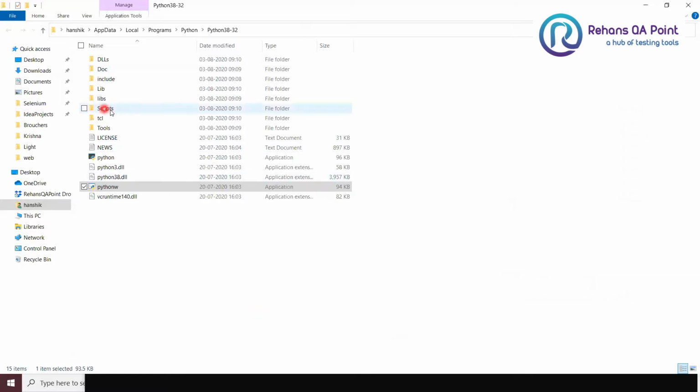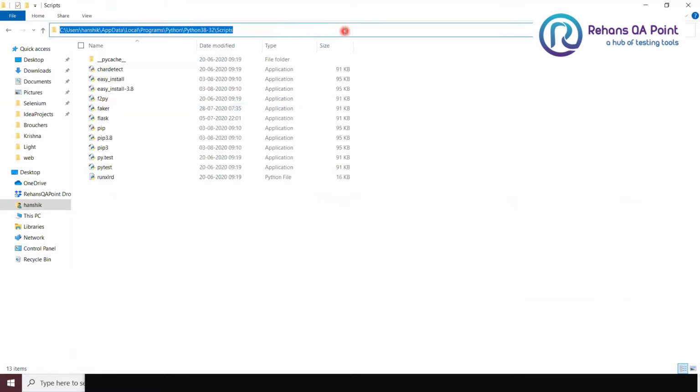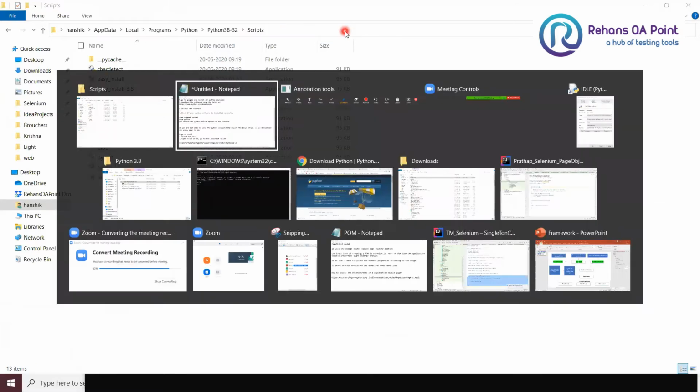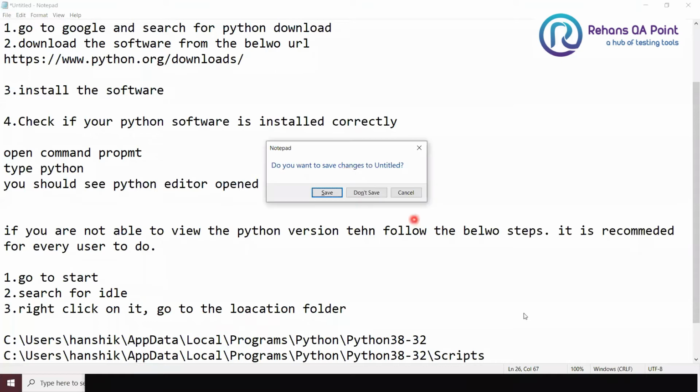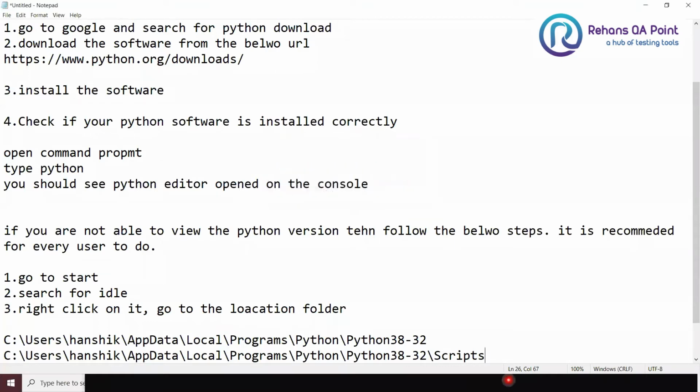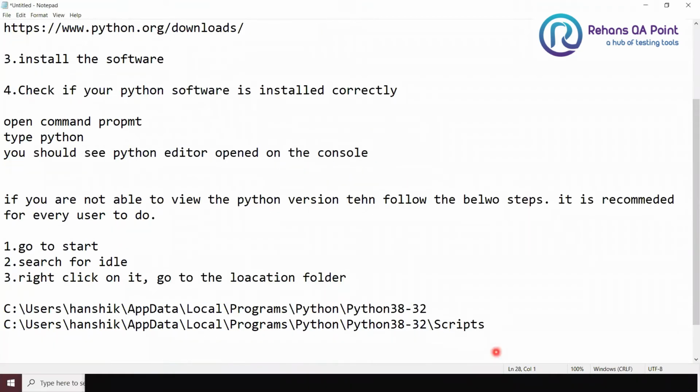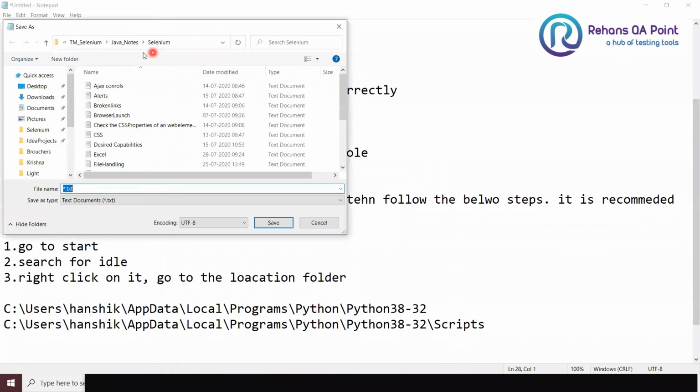You should be able to see Scripts. Double click on it, copy this path also, and paste it in your notepad. Once this is completed, let me save this so I can share it back with you.